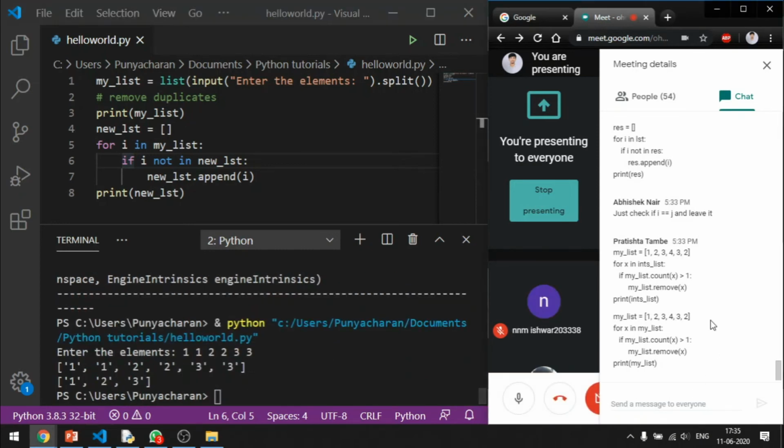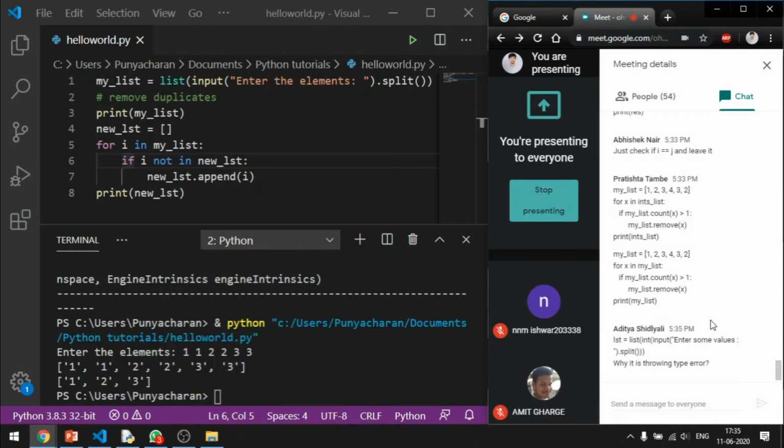Finally. Yes. Pratishta has done it. Pratishta, let's see your solution. Do you think your solution works? I don't think so. Where are you comparing the extra? Why is it throwing a type error? That's what Aditya is trying to say.